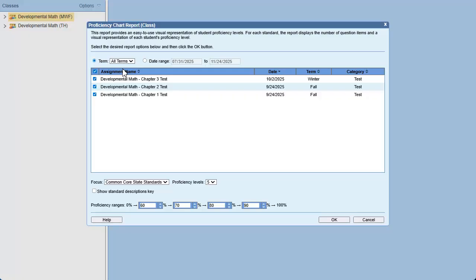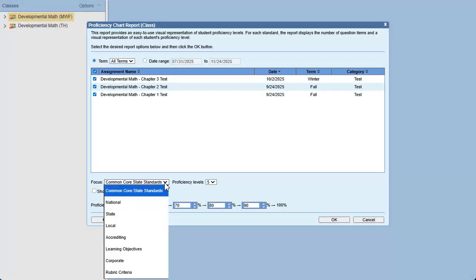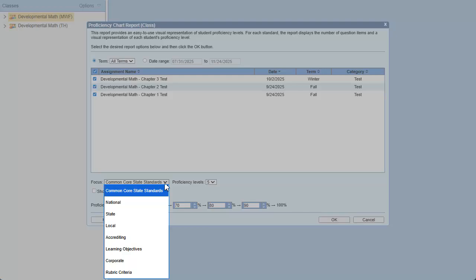In the Report Options dialog, you can filter the assignments that appear in the list by either selecting a term you created in the Classes and Assignments section, or by selecting a date range. In the assignment list, you can click the assignments you want to report on. By default, all the assignments are selected. You can also select which type of standard you want to report on. The available standards include Common Core State Standards, National Standards, State Standards, Local Standards, Accrediting Standards, Learning Objectives, Corporate Standards, and Rubric Criteria. The questions in my assignments are tagged with learning objectives, so I'll select that from the Focus